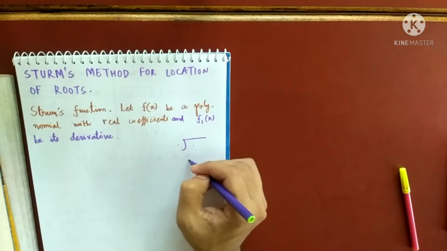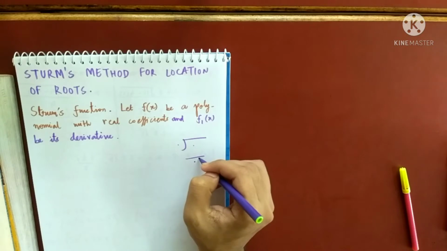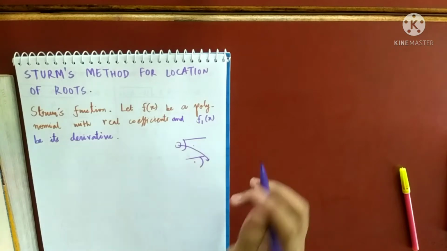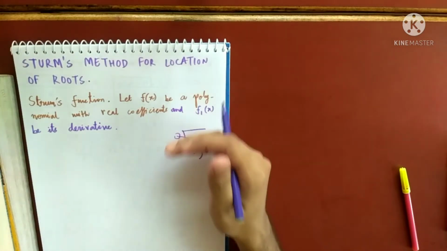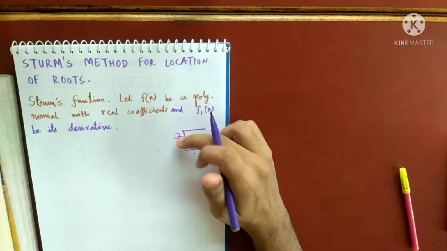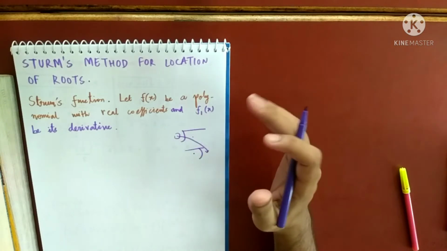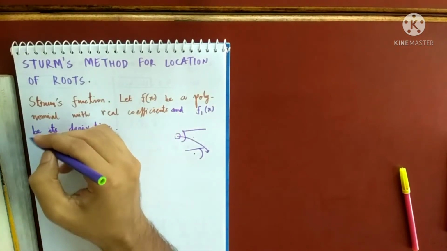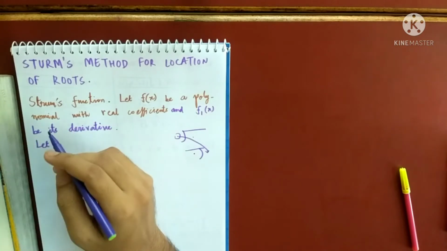What you do? Whenever there is some remainder here, you again divide. The remainder becomes your divisor and the last divisor becomes your dividend. This is how you find it, and you keep on doing this until you get a zero remainder, and the last non-zero remainder is your HCF. So this is also true for polynomials. We have done it, but here we will change something. This is very, very important.